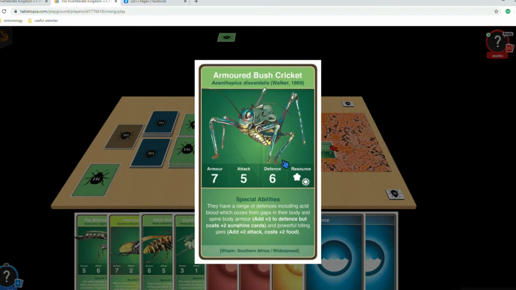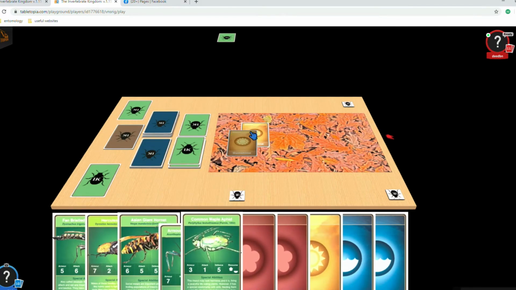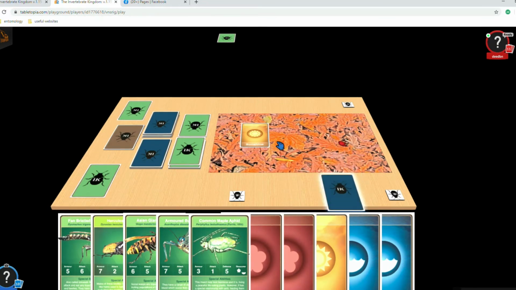But again, it's a bit like poker. Not that everybody's played poker, but the kind of bluffing. Have I got that resource here to play that extra card? The opponent doesn't know that. Once your resources have been used for that go, they get discarded in the discard pile, and you move on